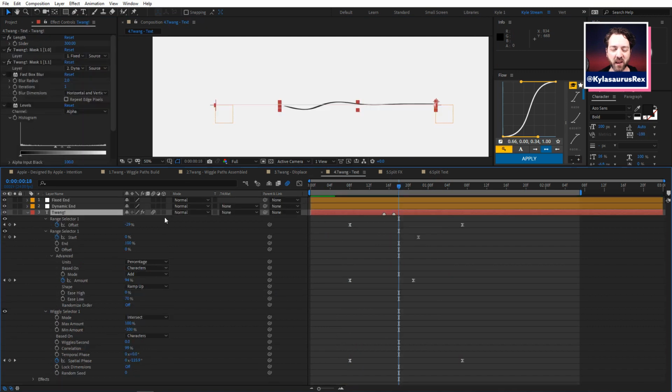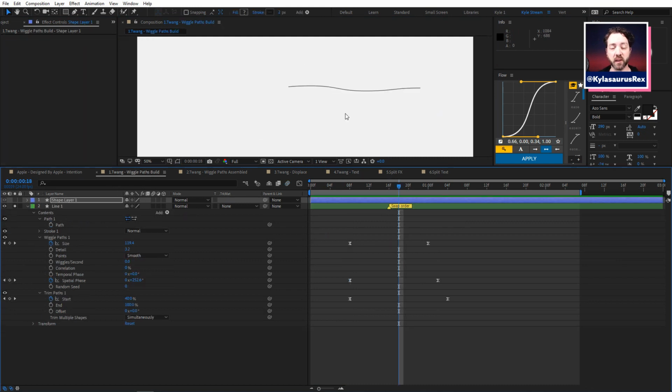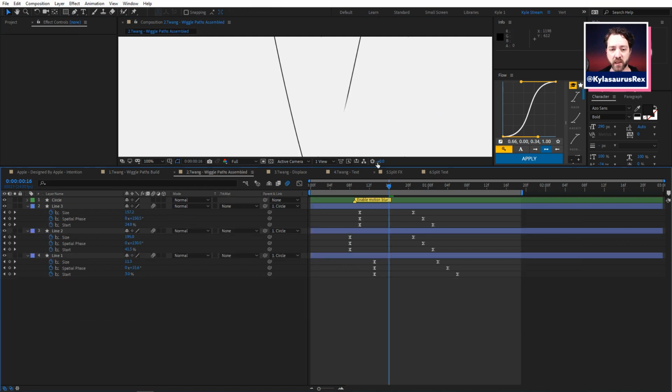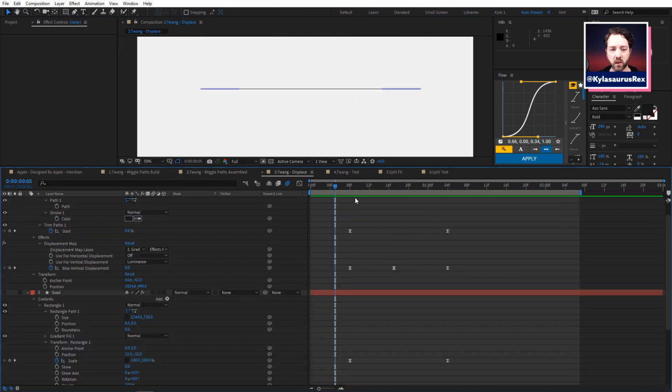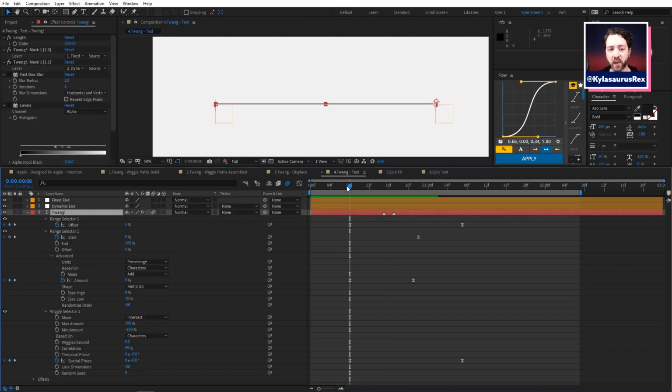And then me being me, I decided to do this with a text layer too, because I knew that you could. One thing I really like about this is that the wiggle paths fall down on it: you cannot restrict it, you can't make it so that this end of the line doesn't wiggle. Right. Okay. You totally can with the displacement map. There we go. Notice that this end of the line stays straight, which feels to me more realistic. And you can do that with text.